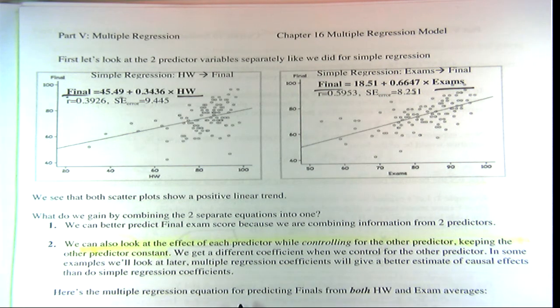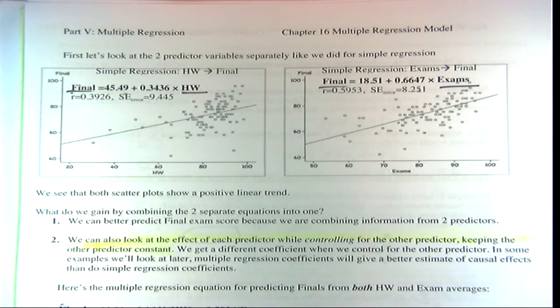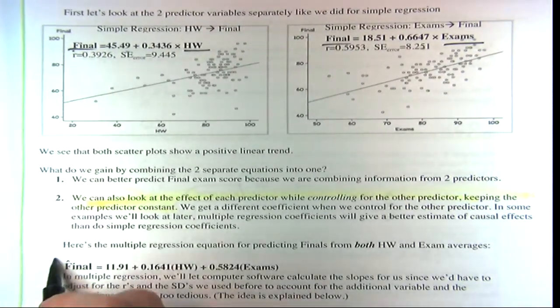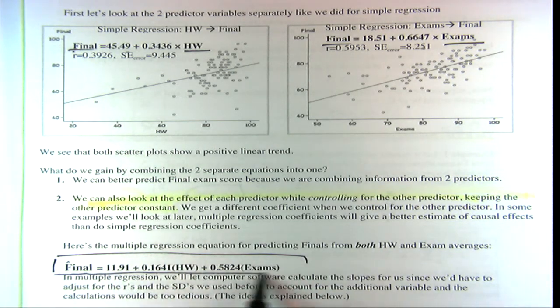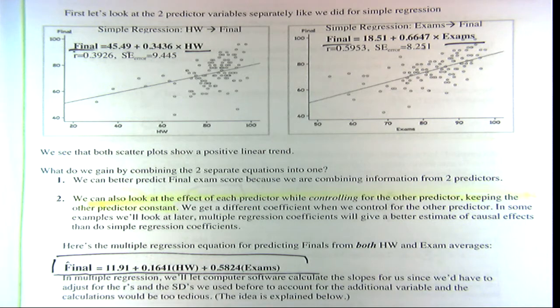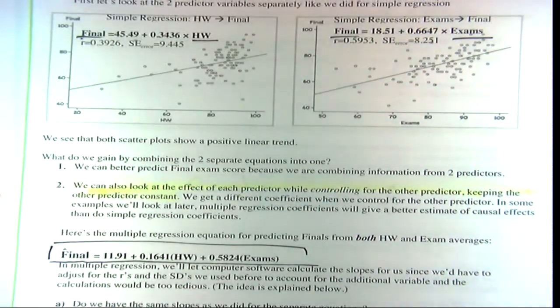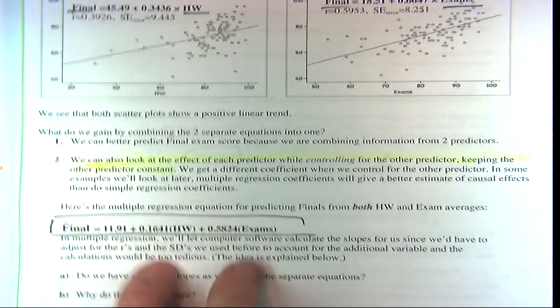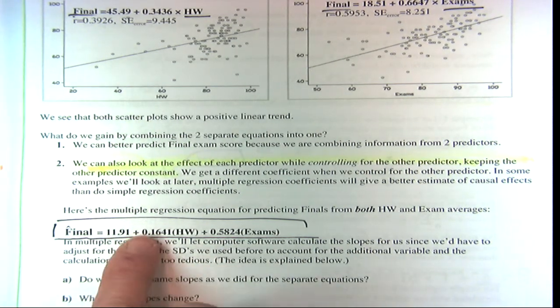So here's a multiple regression equation. Let's look at this. This is the multiple regression equation. And how are these slopes calculated? Well, they're pretty hard to do. We're going to explore them a little bit, but we'd have to adjust for all the r's and the standard deviation. Like before, we could just say r over the standard deviation of,